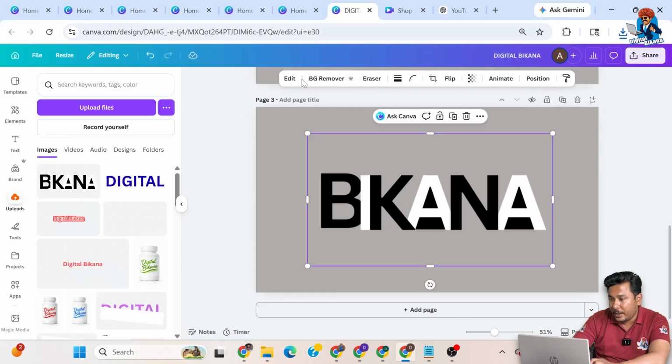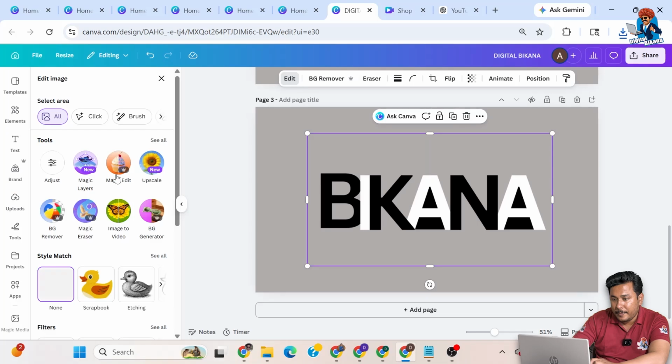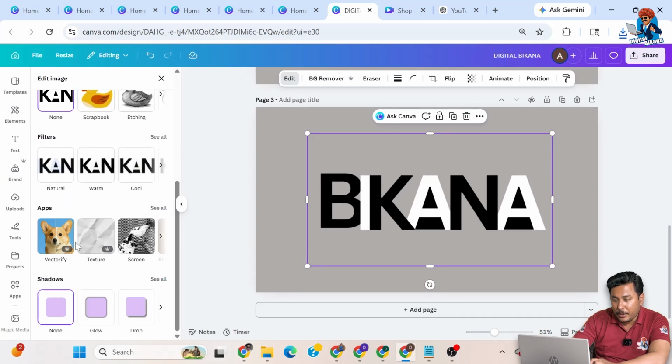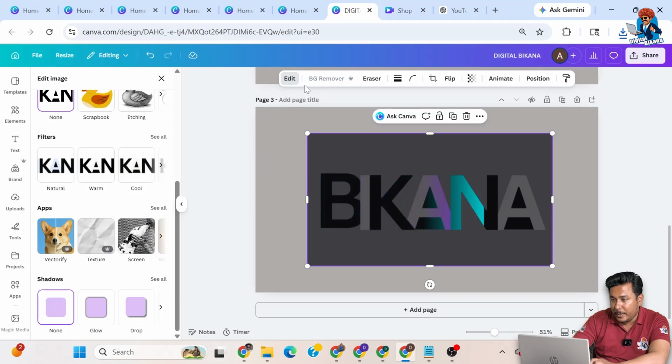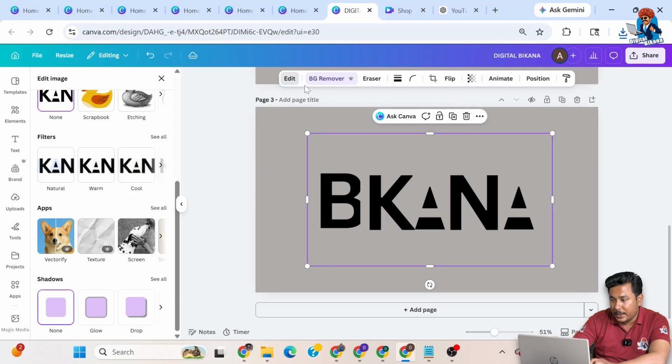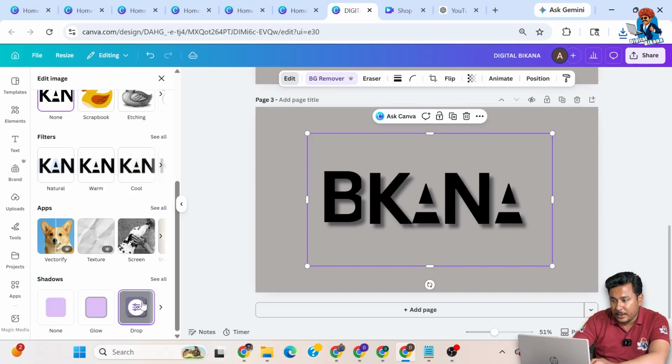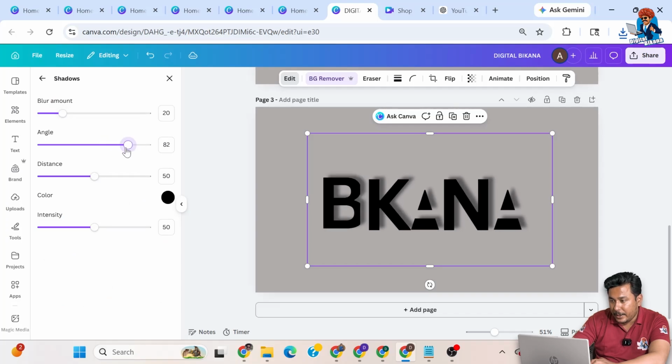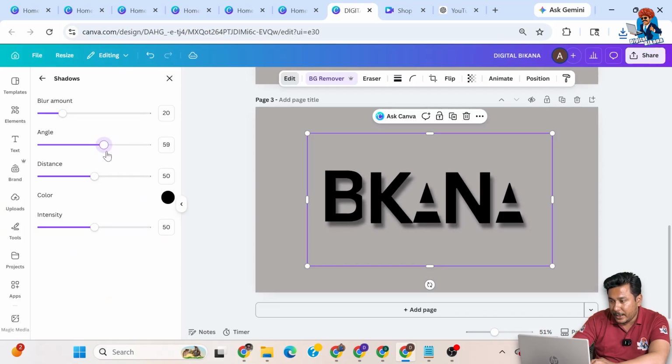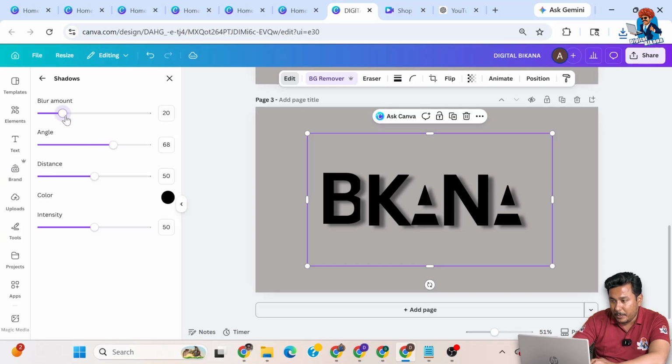Okay, now we are going to edit it and we are going to remove the background first. Let's see what happens. Okay, now let us add the drop effect. Angle we can adjust as per our requirement. Blurriness,